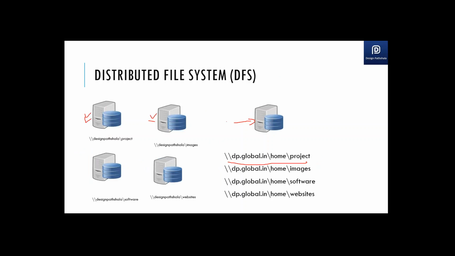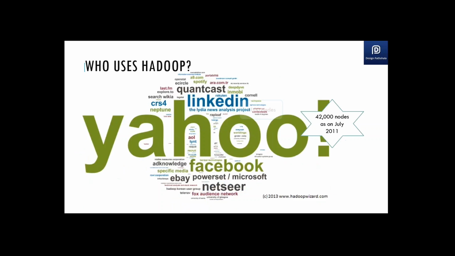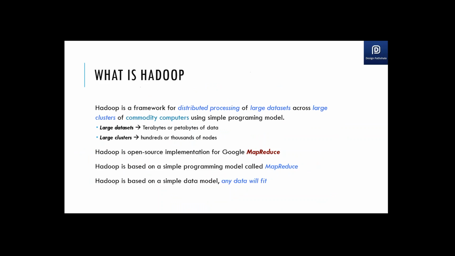So before going on to that part, let's look at this formal definition of Hadoop. I really do not like formal definitions, and I will not be having most of the formal definitions, but this will really make sense to you. Hadoop is a framework for distributed processing of large data sets across large clusters of commodity computers using a simple programming model. So I've explained all of those things. Does anyone want to iterate what this definition is talking about, rather than I talk about that part?